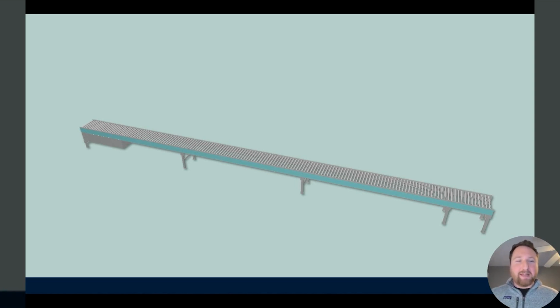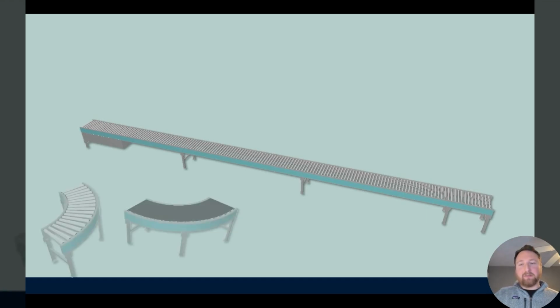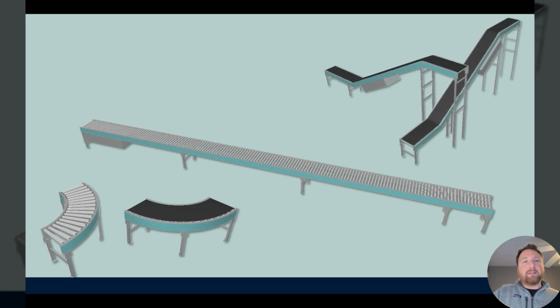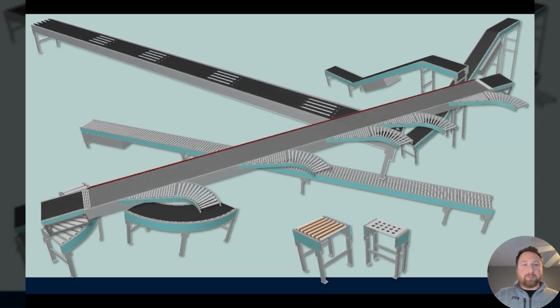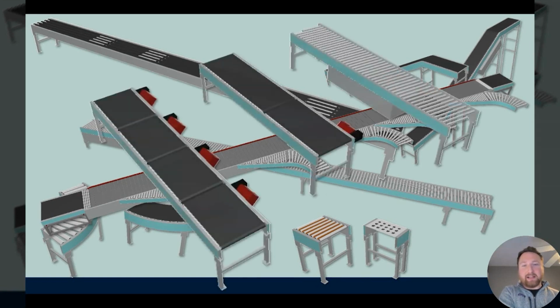But what do you need to do that? So transportation is easy, straight line, no worries. But then you start getting into the smaller quirks and functions around conveyor, right? So do you need curves? Do you need inclines and declines? Probably at some point you're going to start talking about some sortation, whether that's right angle transfers, wheel diverts, strip belt sorters, all the way up to shoe sorters. And before any of that, you probably need to accumulate, merge, and gap. So the thing about all of those are